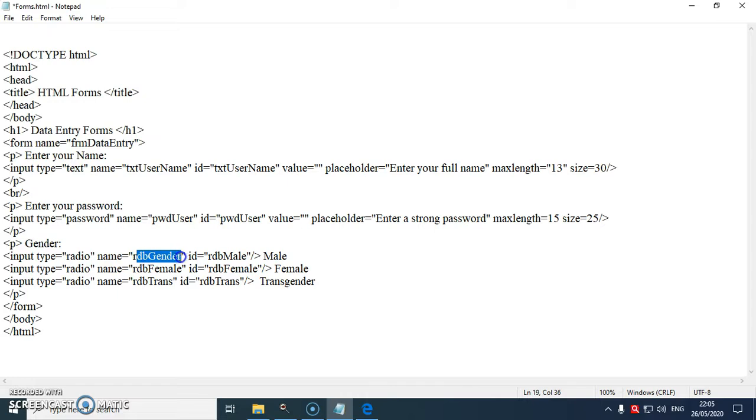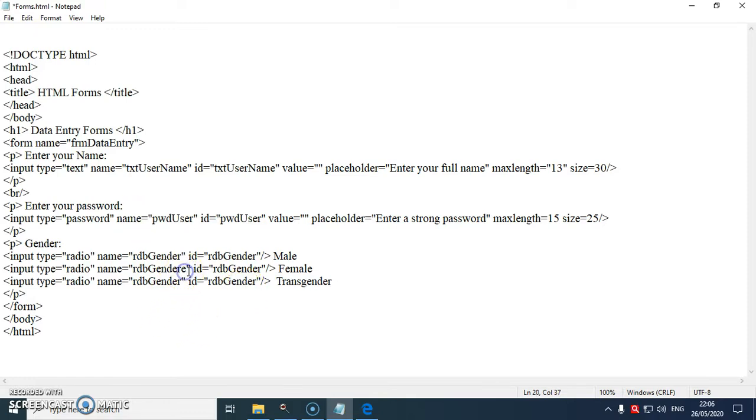I'll copy this and paste it. I'll call all my radio buttons this. Even the ID I'll change to RDBGender. So I'll copy and paste the name and the ID as RDBGender. Can you observe?